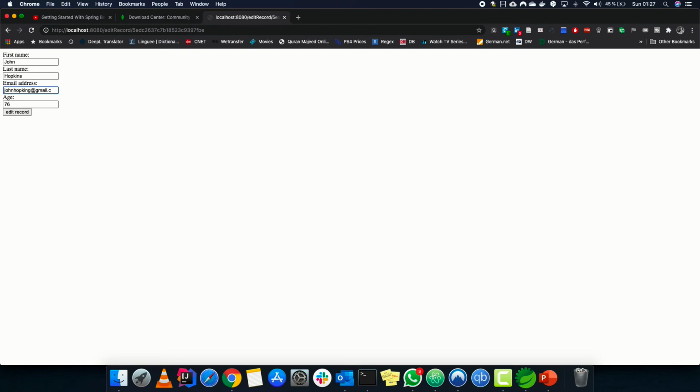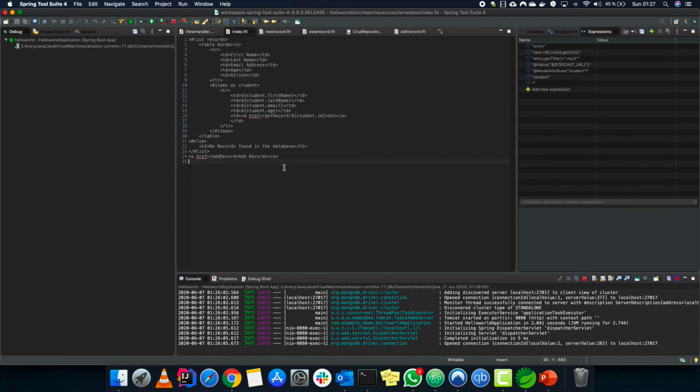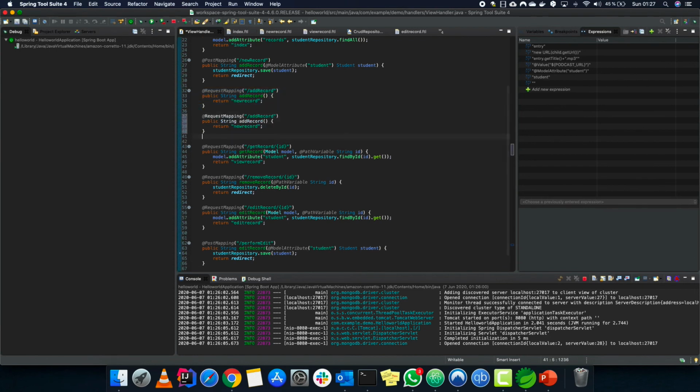So this is how the application is working. What we can do is maybe add another field which says remove all the records. So let's go and, instead of add records, let's do something like, what would happen is it should return this particular thing, remove records or remove all.